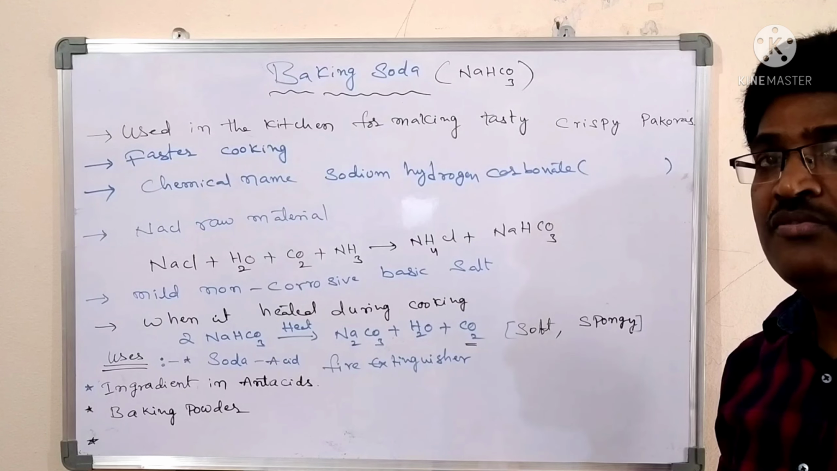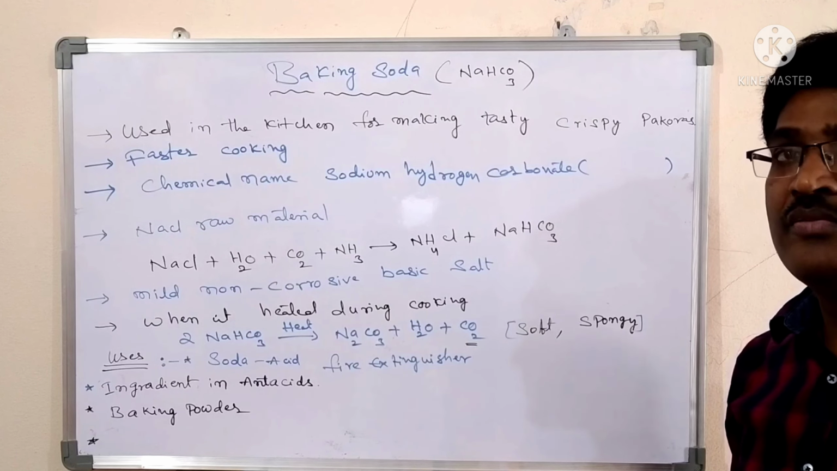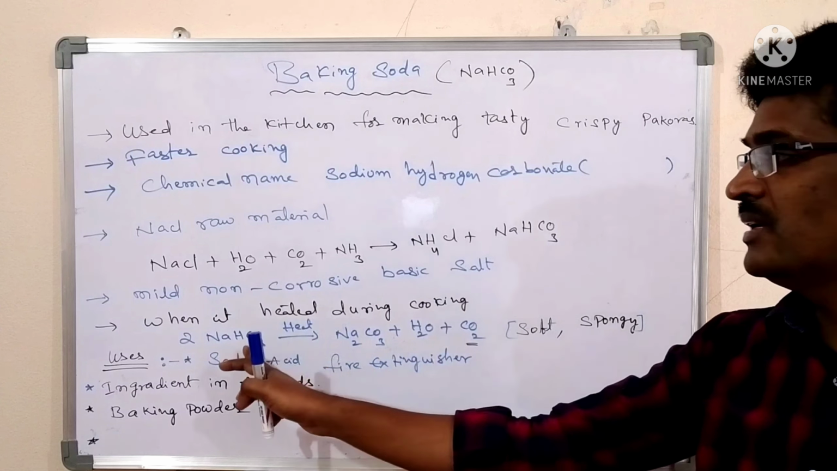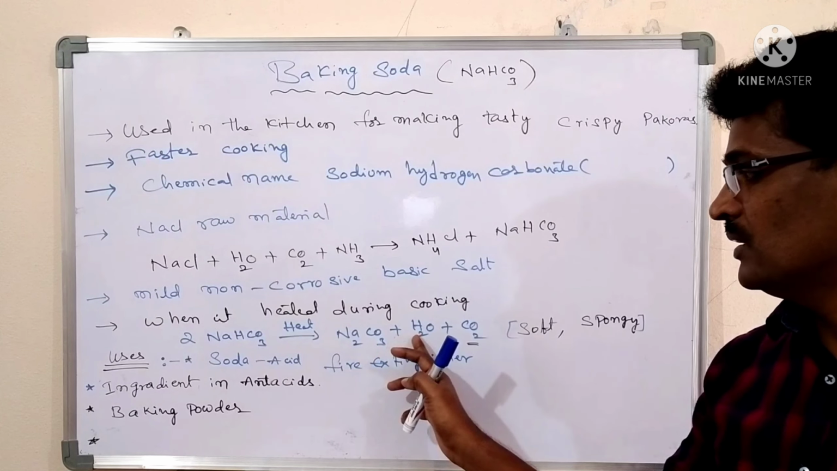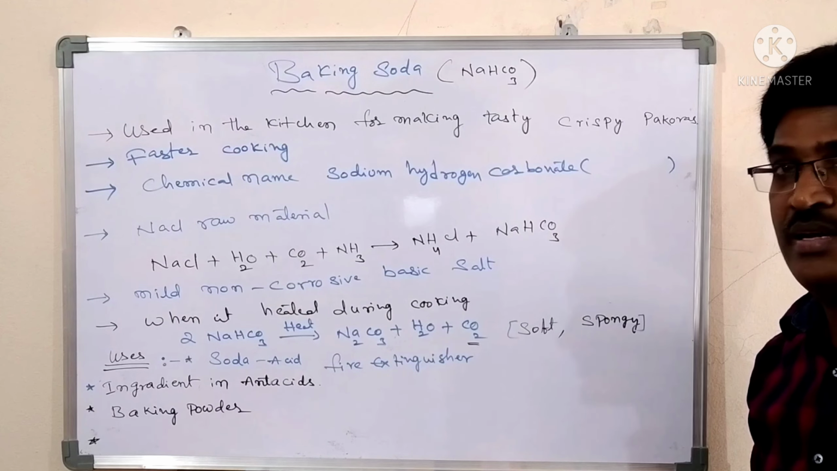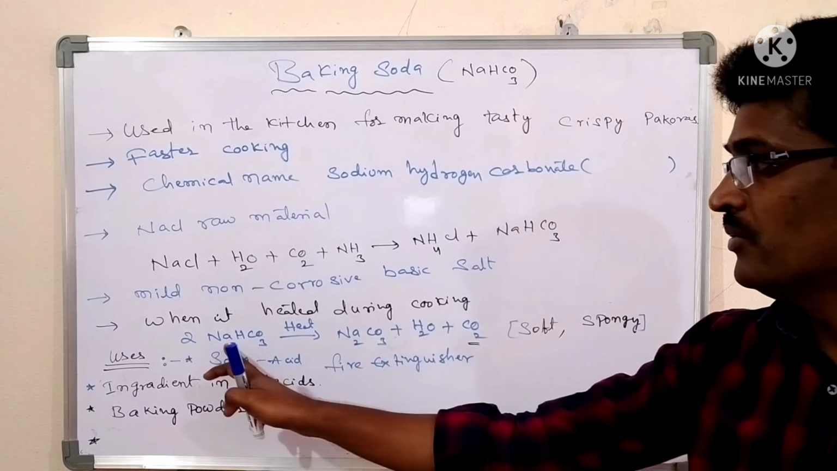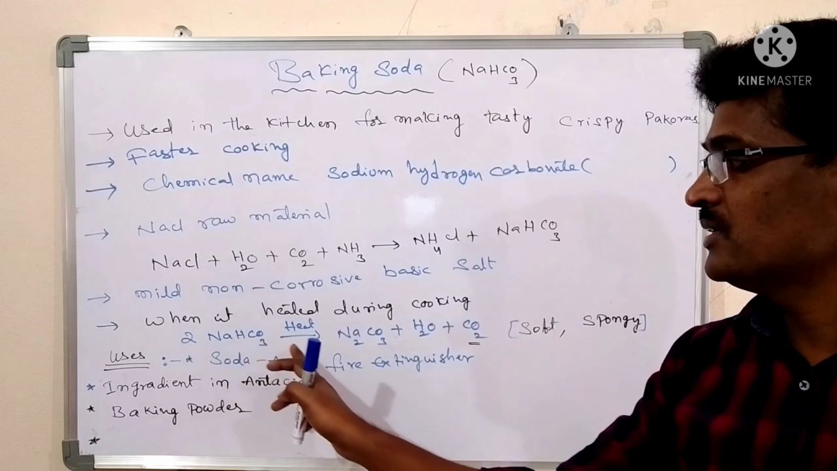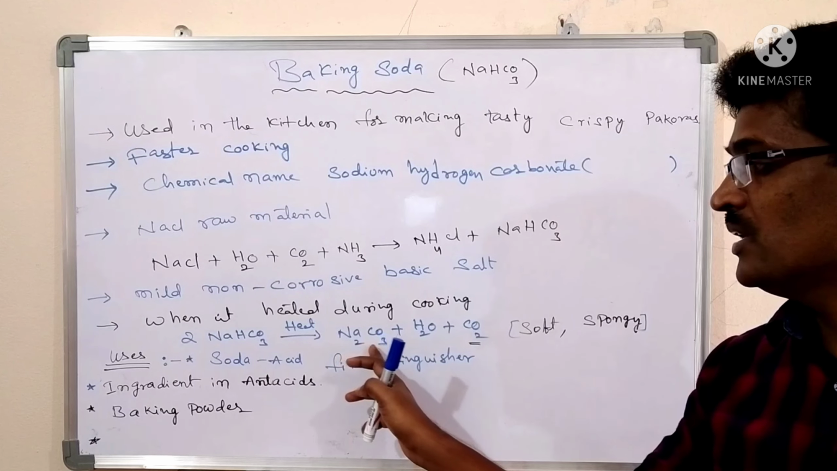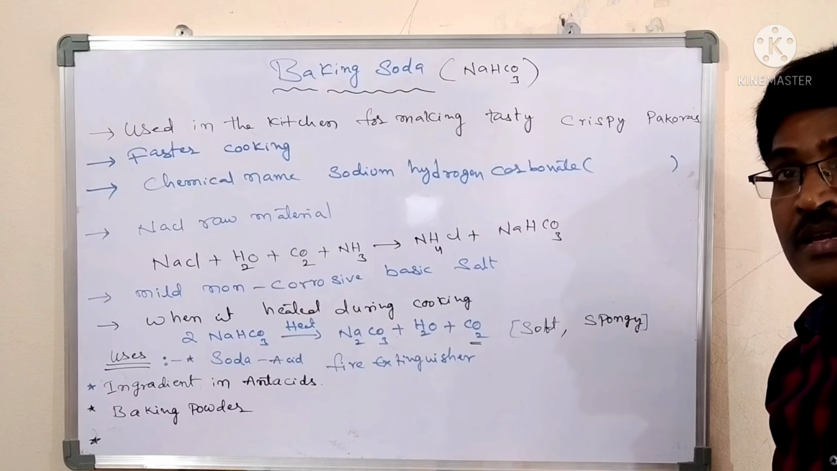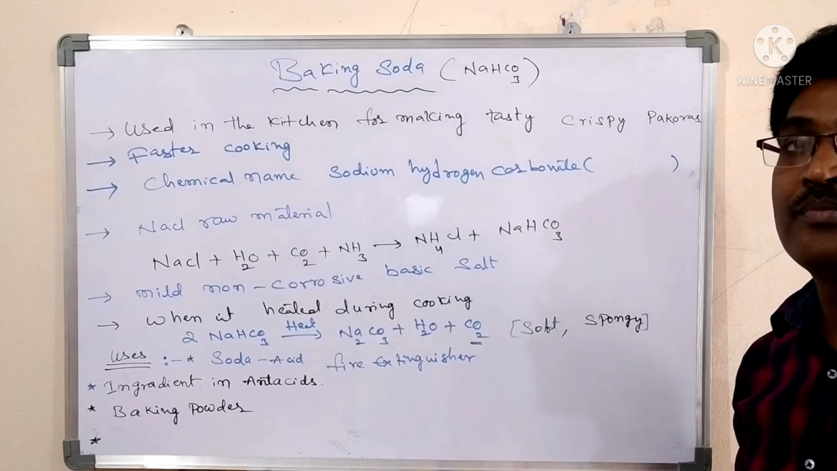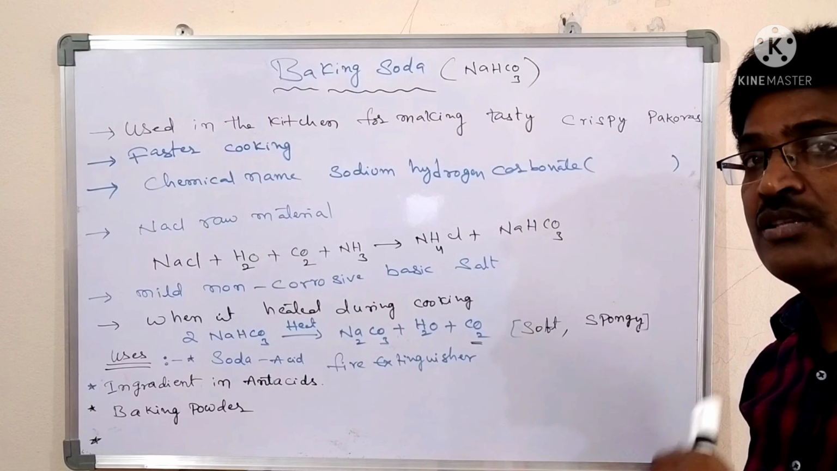When we give heat to the baking soda, what is it giving? Sodium carbonate, water, and carbon dioxide. When sodium bicarbonate is heated, it gives sodium carbonate, water, and carbon dioxide. Yes, the carbon dioxide that is formed makes the food